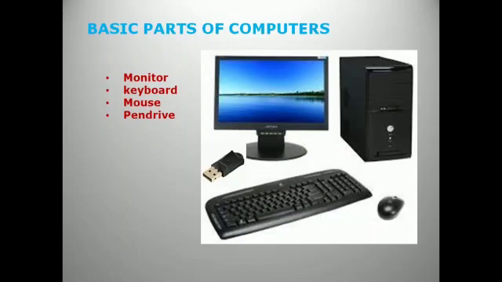Mouse. The mouse is another important tool for communicating with the computer, commonly known as the pointing device. It lets you point to objects on the screen, click on them and move them. So why do we use a mouse? A mouse is used to select an object that you want to select on a monitor. If you want to open it, how will you do it? With the help of the mouse. It is a pointing device.